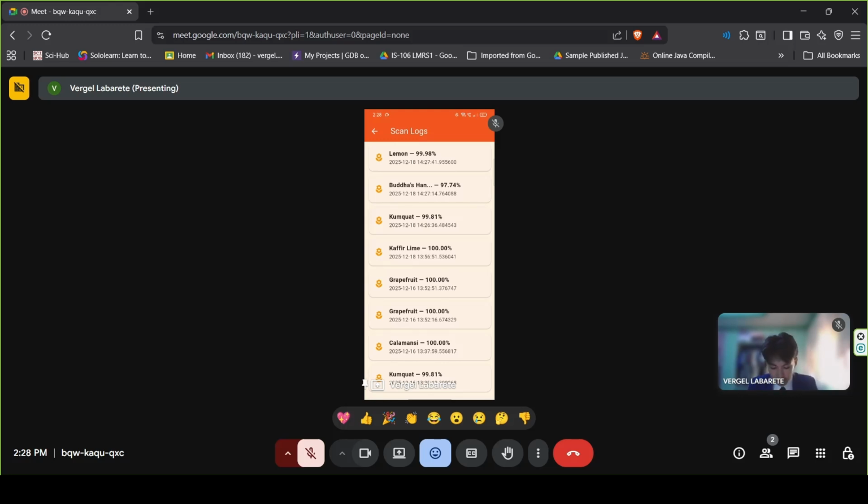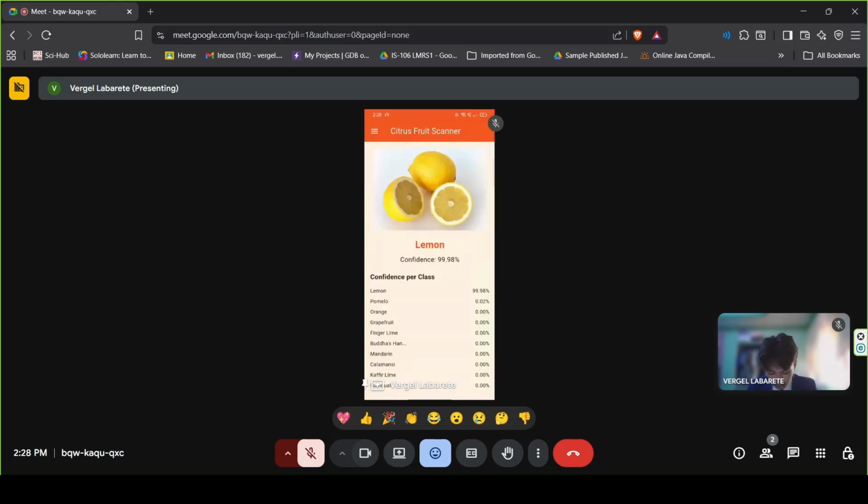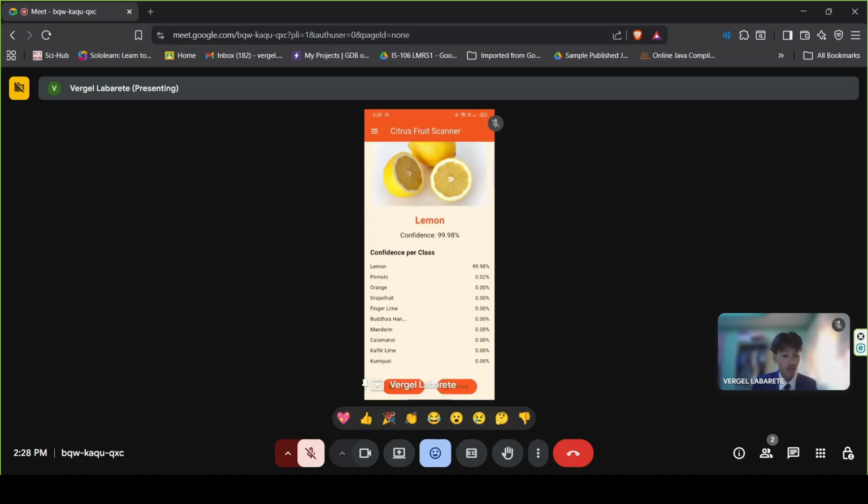So in the logs, we can see the predicted fruit and its confidence when it predicted the fruit. Also, you can see the date and time of when it was scanned. So that's all for my mobile app. We can move on now to the